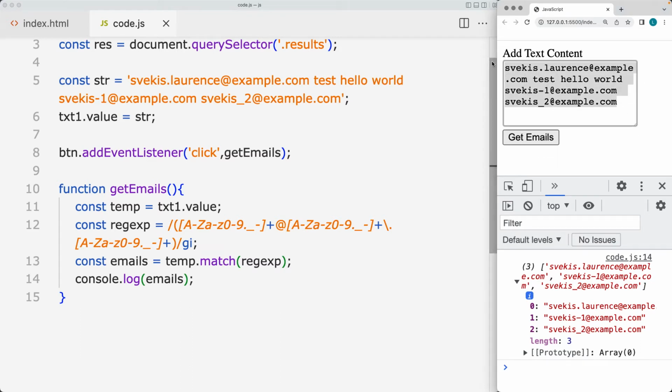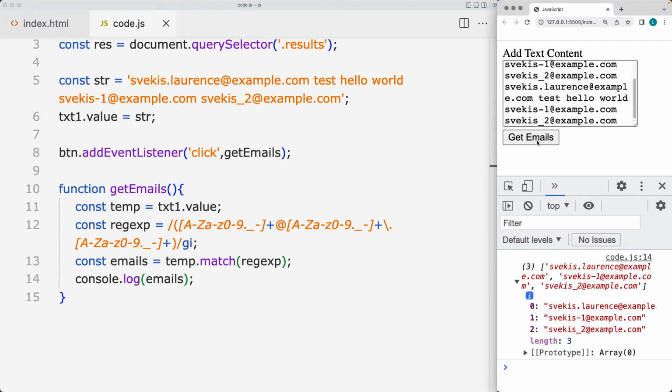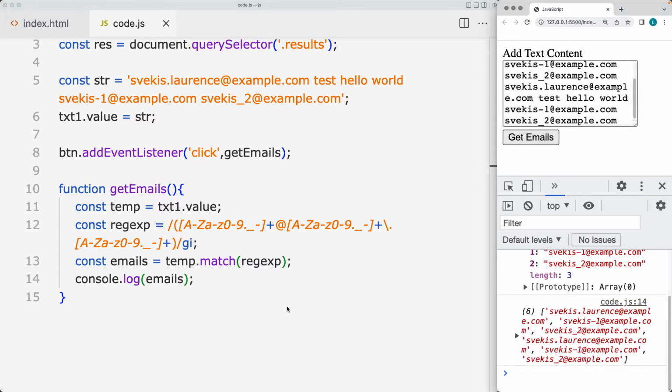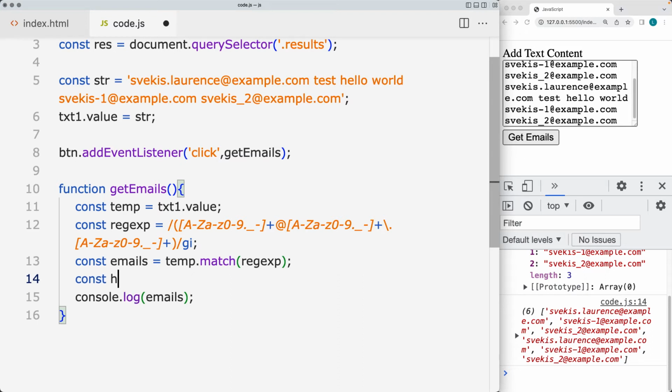And if there are duplicates in these, right now we're not accounting for any duplicates, so the duplicates are also being listed. So what we want to do is set up a way to extract out the duplicates, and we can do this as we create an array. And this is just a blank array. It's meant to just hold all of the content. And let's